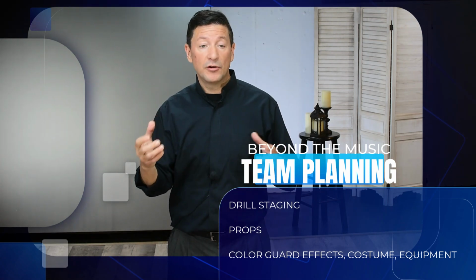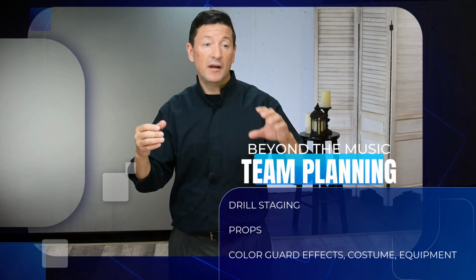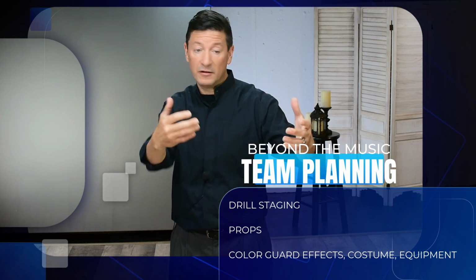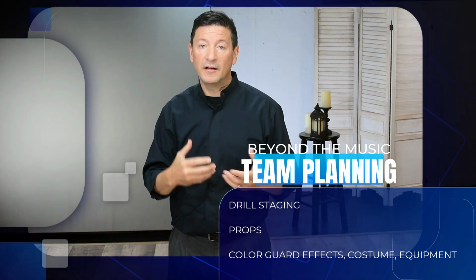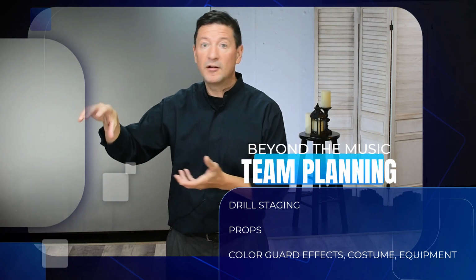together. We've got to make sure that first at the arrival moments, the impact moments, the drill is appropriately staged. If you've got a brass feature, well, hey, they need to be towards the front. If you've got a woodwind feature, especially if you're using props or anything like that, we need to consider all